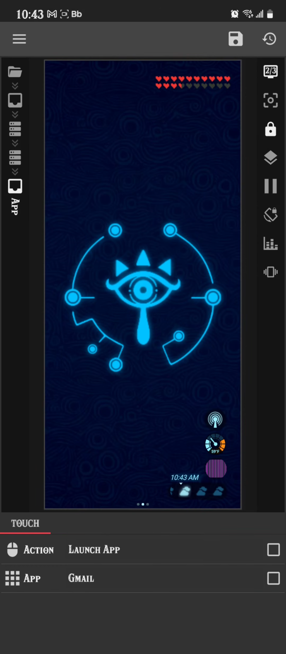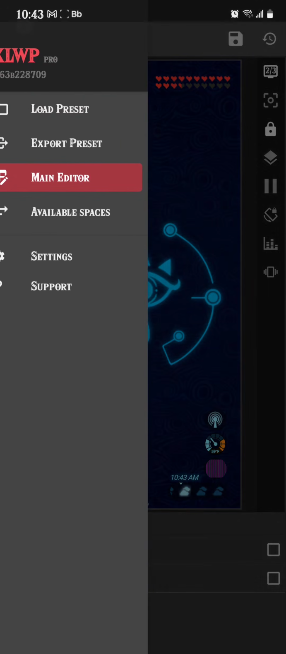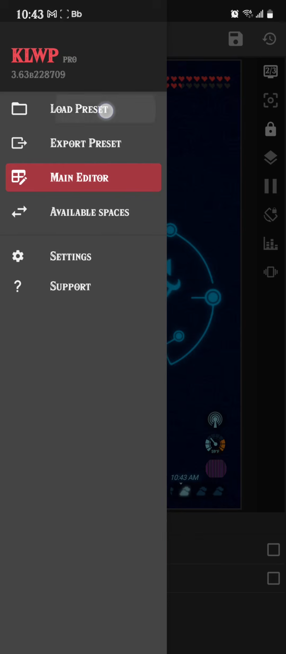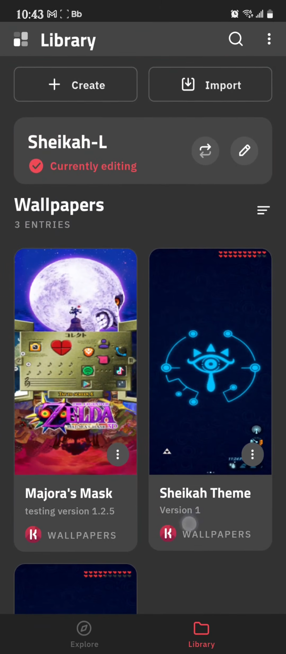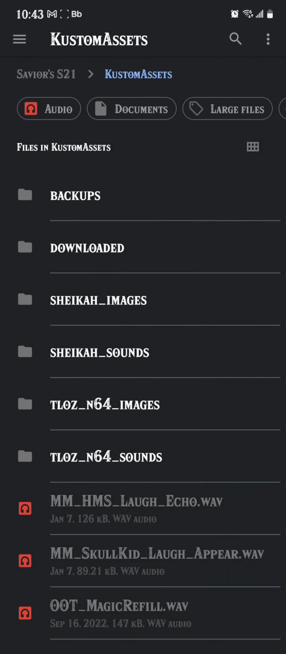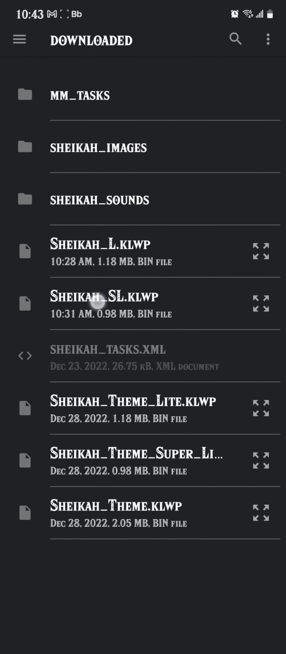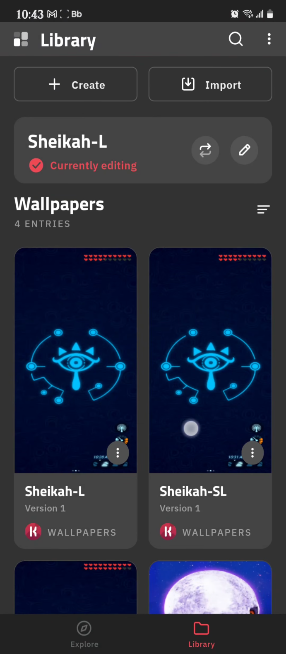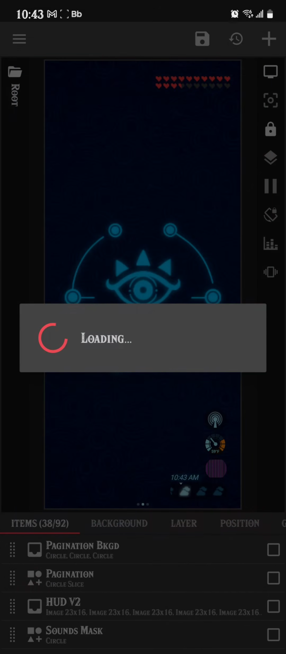Now I'll also show you how the super light version of the theme works. So here I'm just going to go ahead and load up a preset, import, back out of here, and then look for my Sheikah SL preset right here for super light. Load it up,